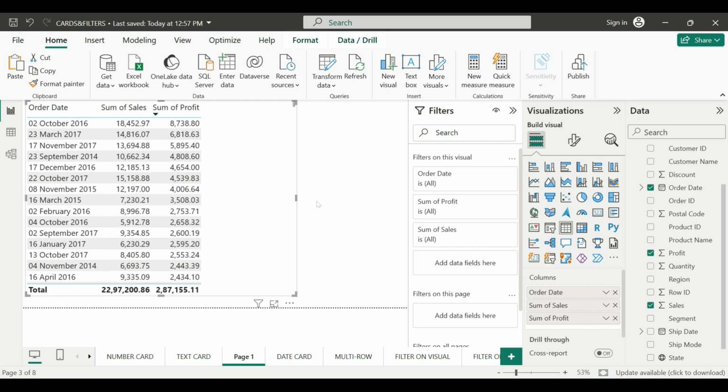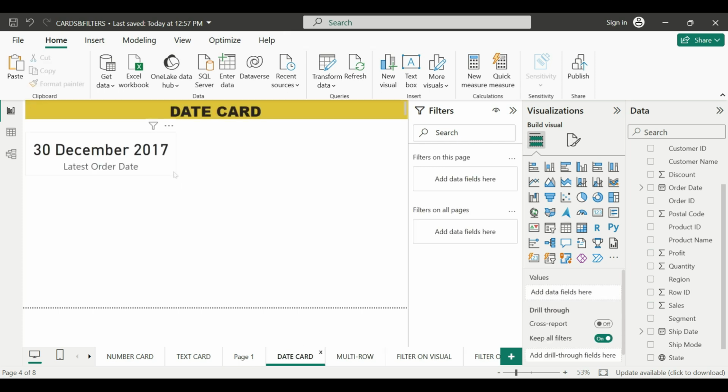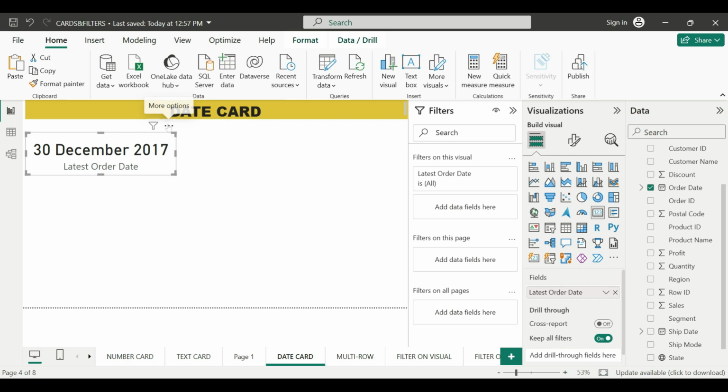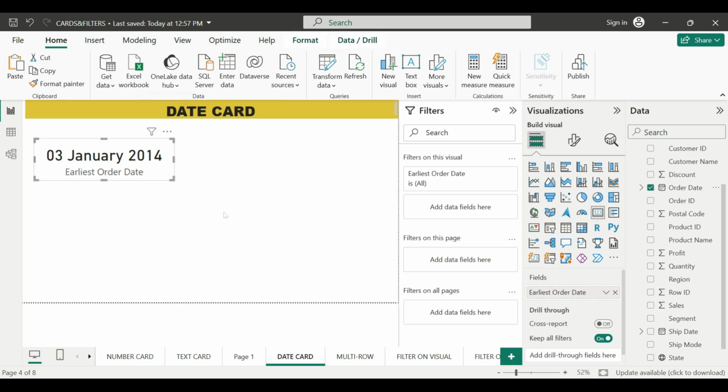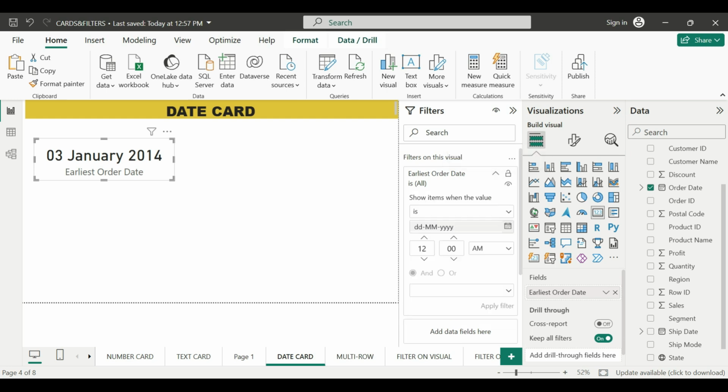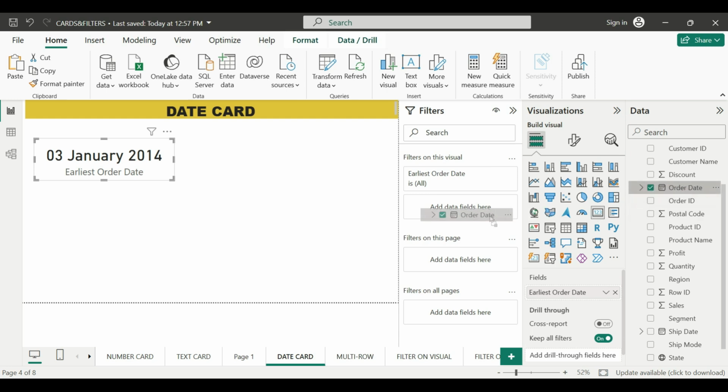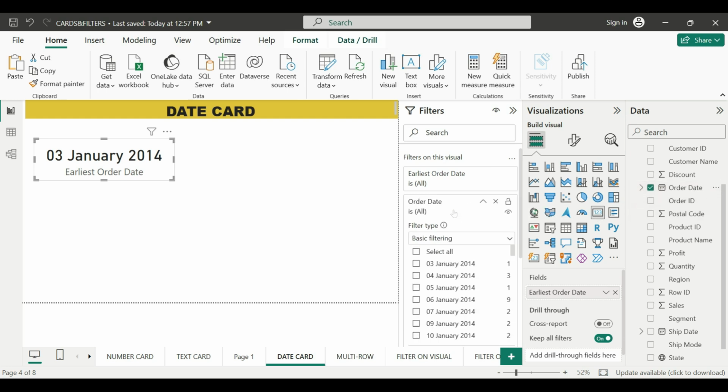But in real time, you don't create this table and we usually take this card. Okay. So what I can do is show you this method. We can work on the filter on this visual. We have a detailed topic on filters, but let's see. When I click on this drop down, you can see not many options will be visible, so I can just minimize, pick up order date, and drop it into this box. So here we have 5 options.